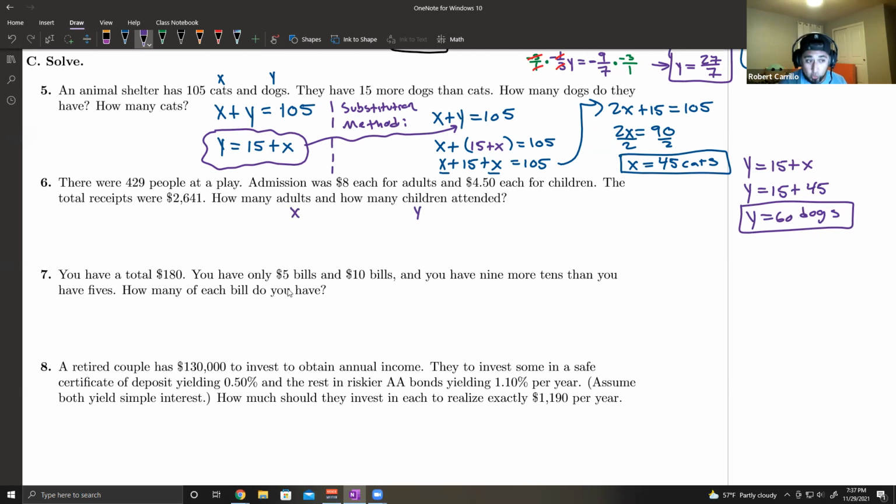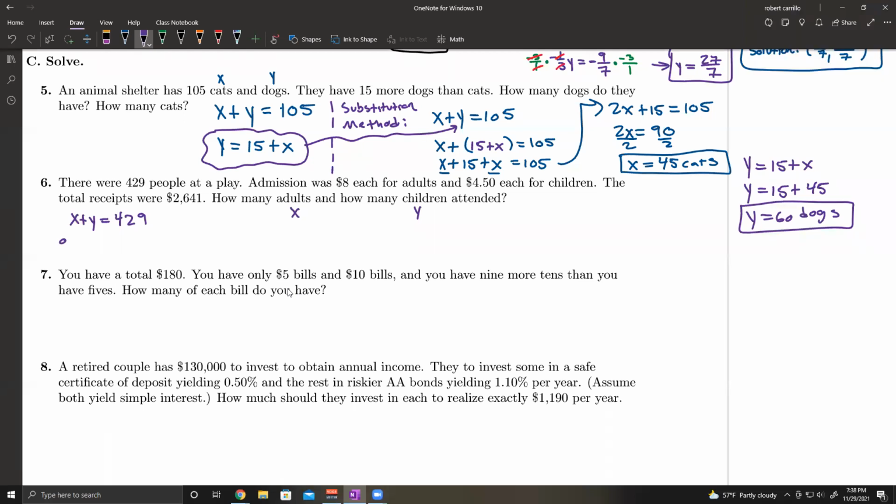And in total, how many people were at the play? 429. So X plus Y equal to 429. Okay, so this equation represents the amount of people. The next equation is going to represent the total amount of money. How much was it for each adult ticket? $8. So we're going to have 8x plus,